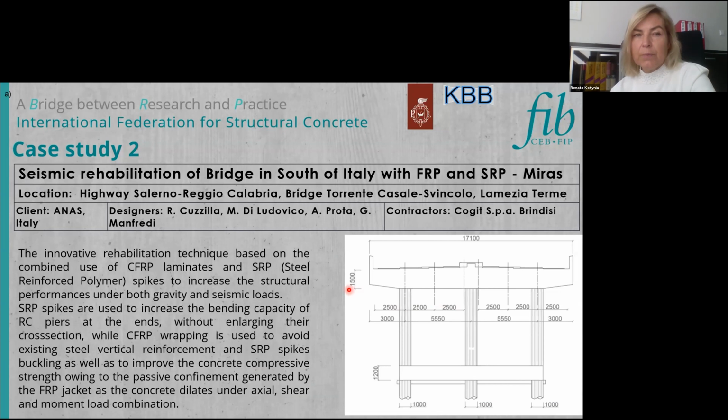Another case study is the seismic rehabilitation of bridge girders. This is in South Italy with FRP and steel reinforced polymer, and the location was the Salerno Reggio Calabria highway bridge. The client was ANAS, the contractor Kogit Brinzi, and here you can see this quite innovative rehabilitation technique based on the combined use of CFRP and